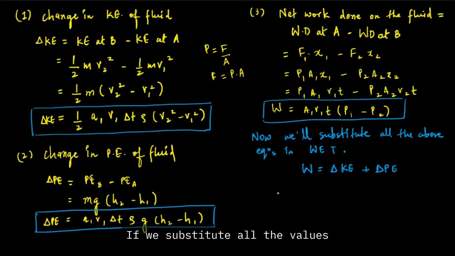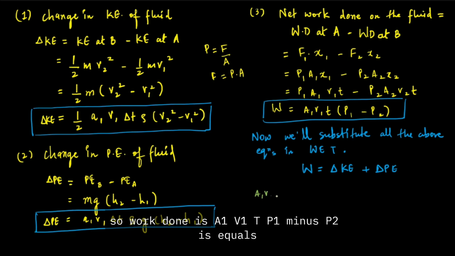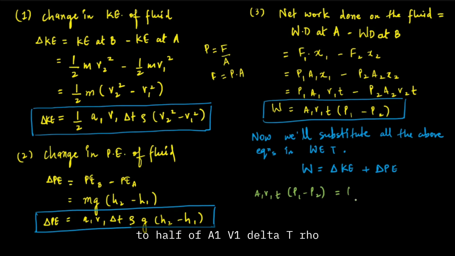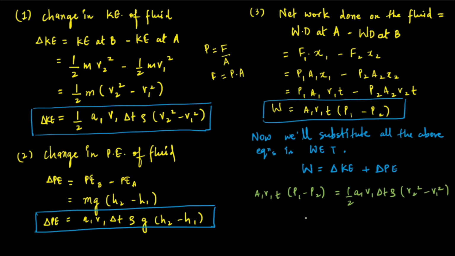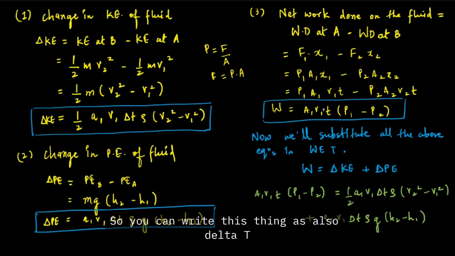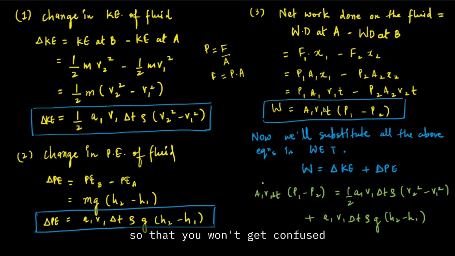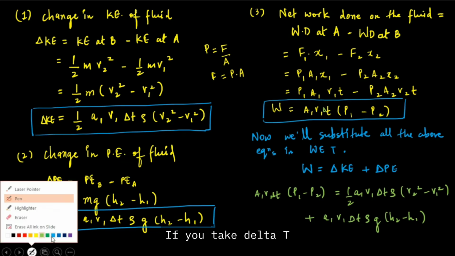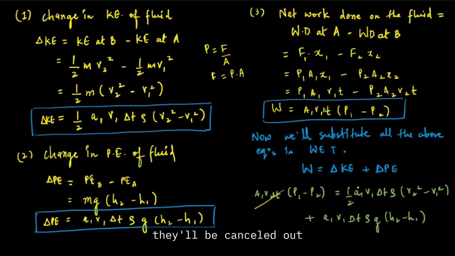If you substitute all the values, work done is A1 V1 delta T (P1 minus P2) is equal to half of A1 V1 delta T rho (V2 square minus V1 square) plus A1 V1 delta T rho g (H2 minus H1). So you can write this thing as also delta T so that you won't get confused. If you take delta T A1 V1 common from both the sides, they will be cancelled out,